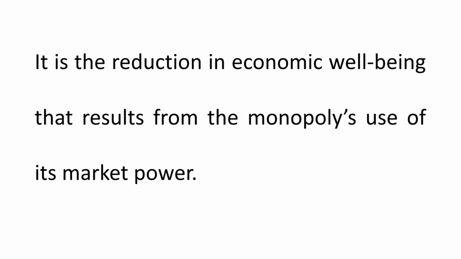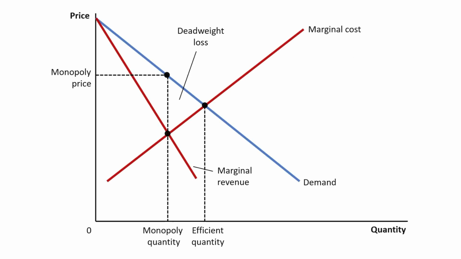Now here the monopolist is using its market power, charging a higher price. What happens because of the higher price? There are some potential consumers whose value to good is greater than the marginal cost, but they are not participating in the market. They are not consuming the product because a monopolist is charging a higher price. And that is the reason it is preventing those mutually beneficial trades from taking place.